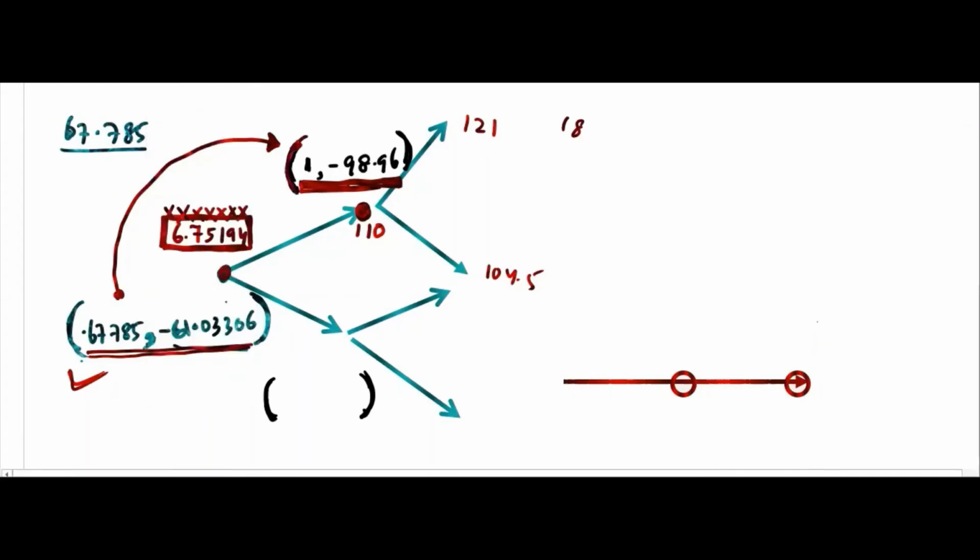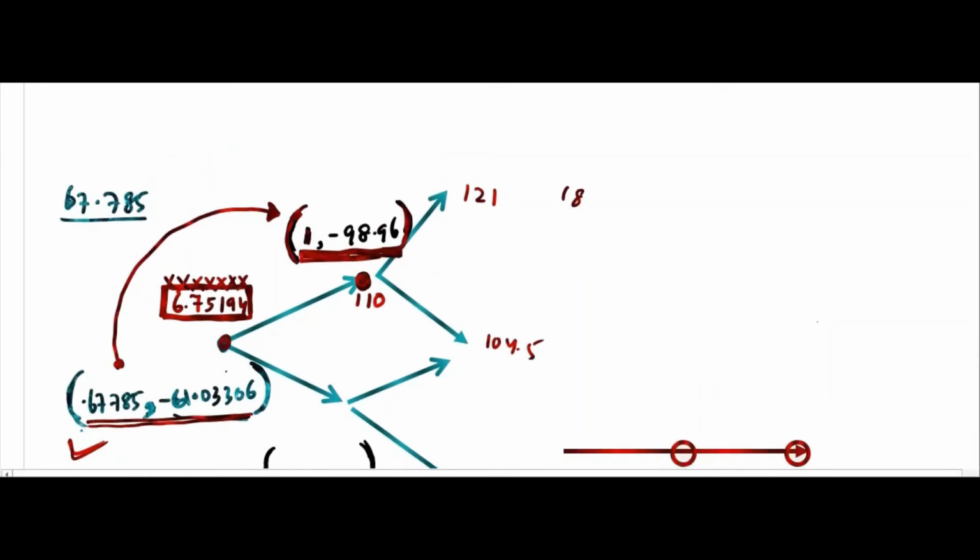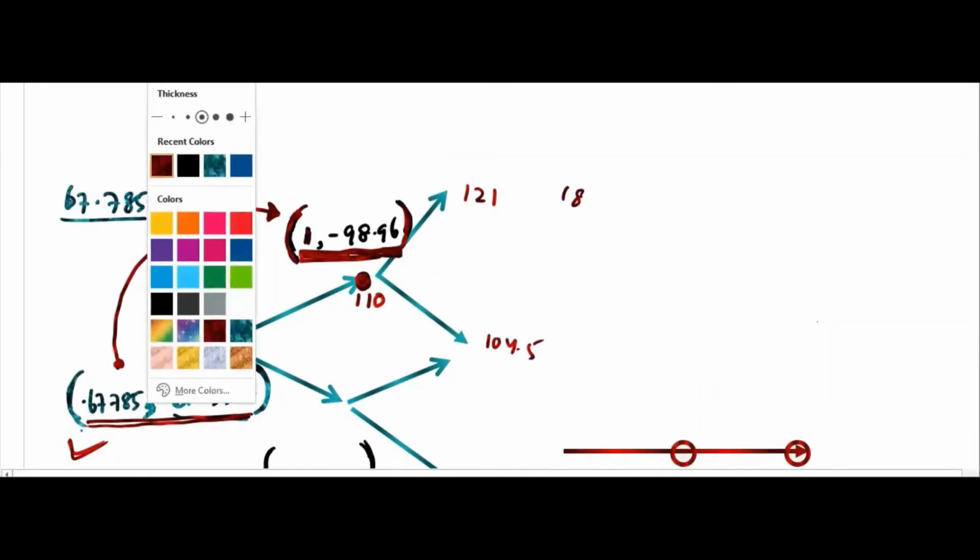How can you verify? Yes, Garima, tell me, how can you verify this from here to here? What will happen? You tell me, after 1 year you have 0.67675. What will this number be? We'll try to make it 1. We'll try to rebalance. This is for verification. Now tell me the portfolio.